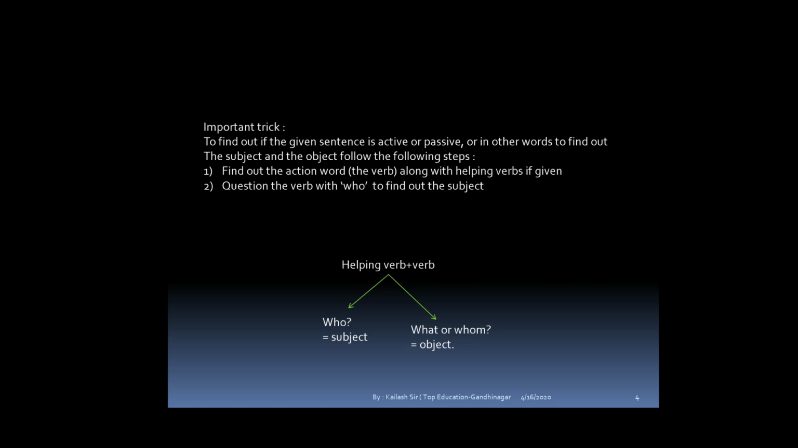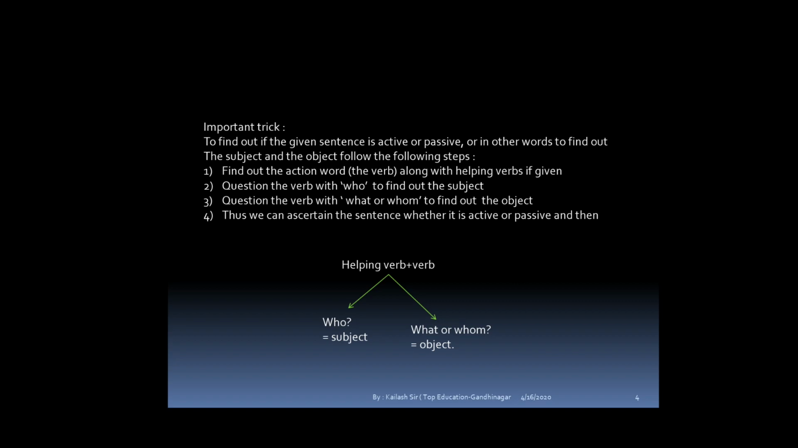How to find out the subject, object, verb, everything. To find out if the given sentence is active or passive, or in other words, to find out the subject and the object, follow the following steps. First, find out the action word, the verb, along with the helping verbs if given. Next, question the verb with who to find out the subject. Next, question the verb with what or whom to find out the object. Thus, we can ascertain whether the sentence is active or passive according to its structure